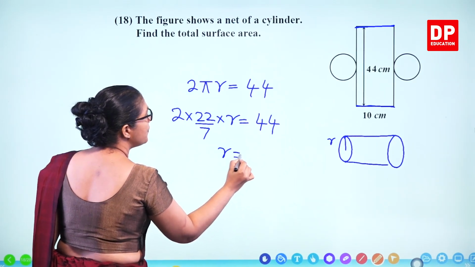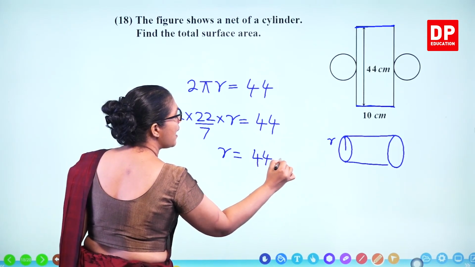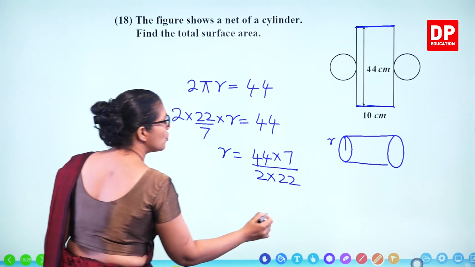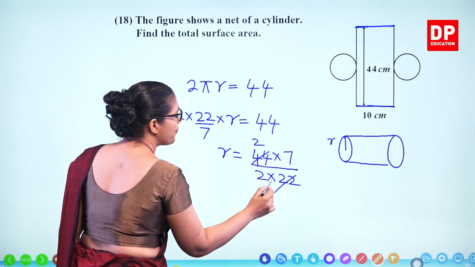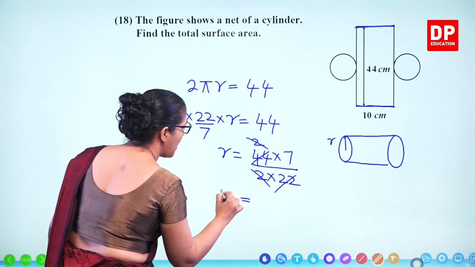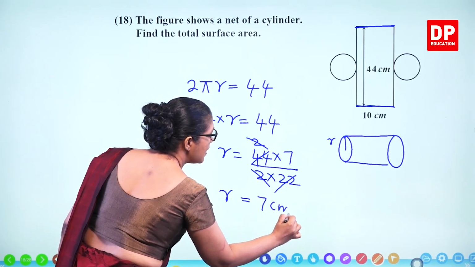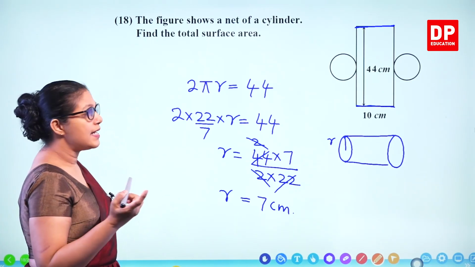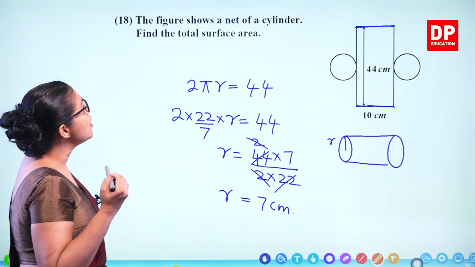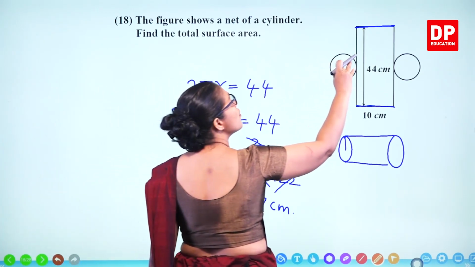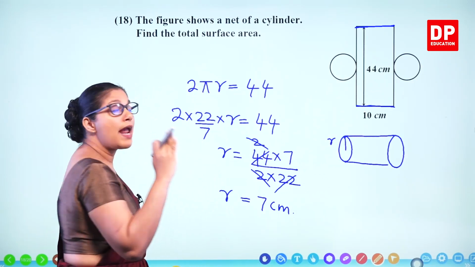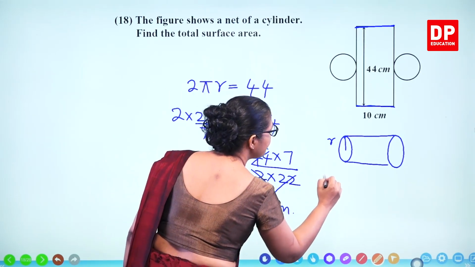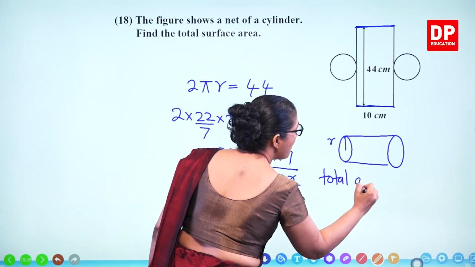So what's our value? 44 multiplied by 7 and divided by 2 and 22. So the 22 times 2 and 2 get cancelled out. You get r equals 7 centimeters. So r equals 7. Now we know the radius. So we need to find out the total surface area. So the area of 2 circles plus the area of the rectangle. So how do you find out the total area? Total area becomes